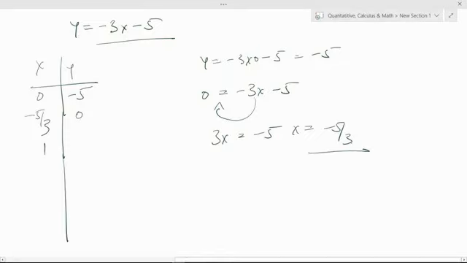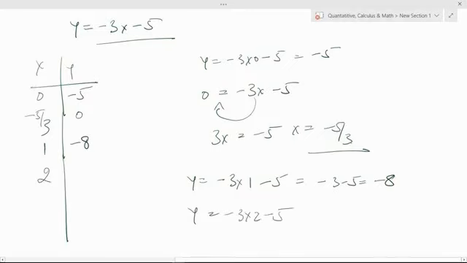Now let's take another. So we got the 2 endpoints. Now let's take x as 1. In this equation, if I put x is equal to 1, minus 3 into 1, which is what I'm substituting, minus 5, it is nothing but minus 3 minus 5, which is equal to minus 8. Now let me put x as 2. It becomes minus 3 into 2 minus 5, which is equal to minus 11. So now we have 4 points. We got the endpoints, and we are going to be looking at this equation.